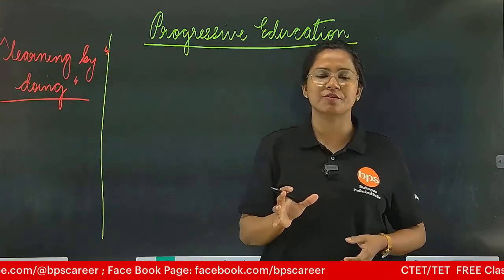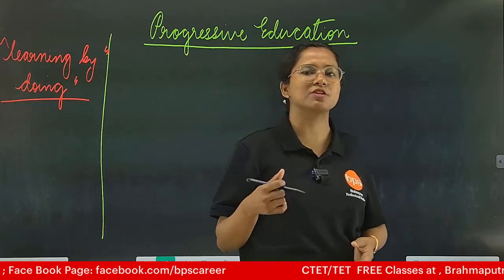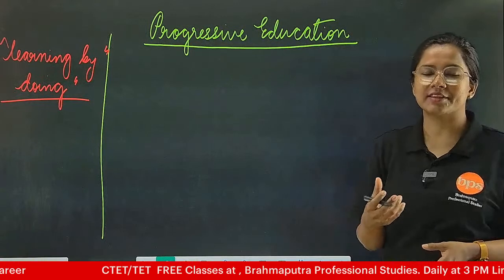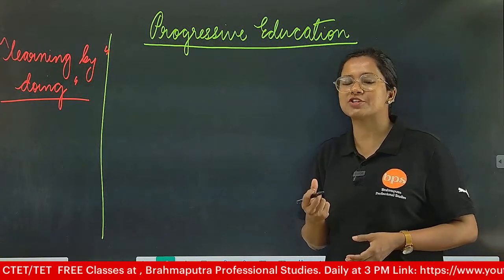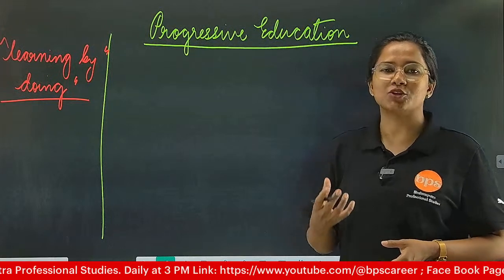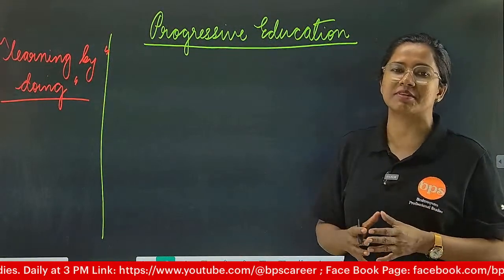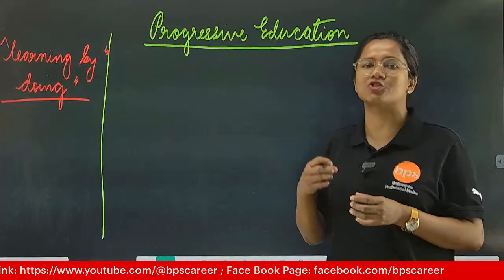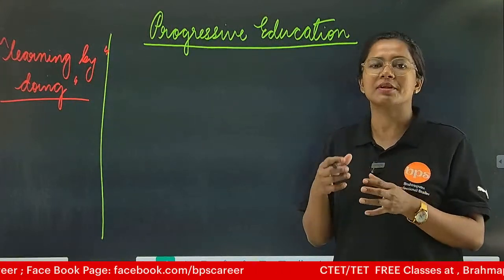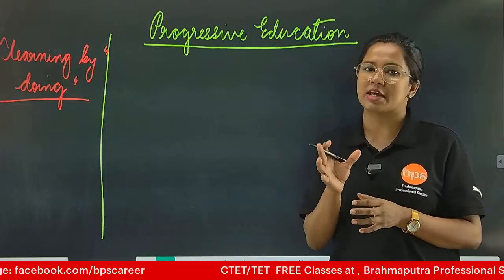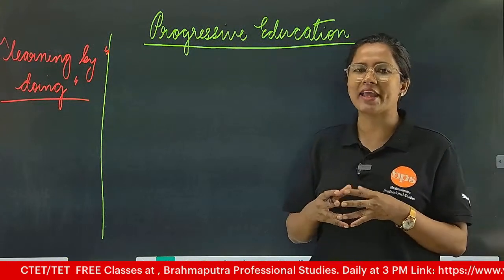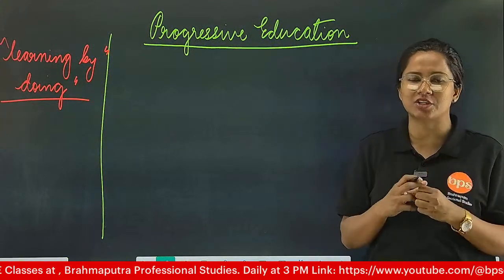So when you remember this basic concept of progressive education, you will be able to make the student understand that when progressive education is included, that means the student is trying to learn by doing something, and by doing something he or she is actually trying to make himself acceptable in the context of the society. Okay, society, because we are a unit. So why are education and society clashing here?